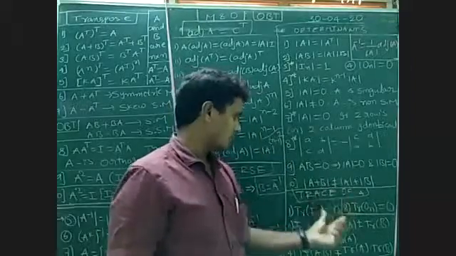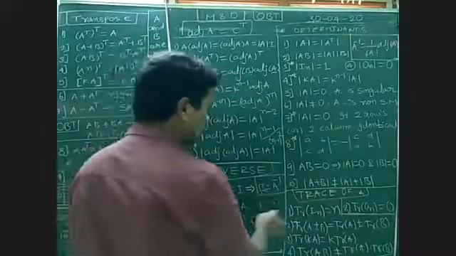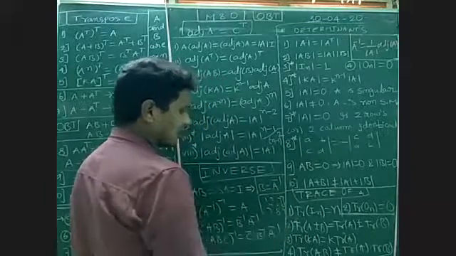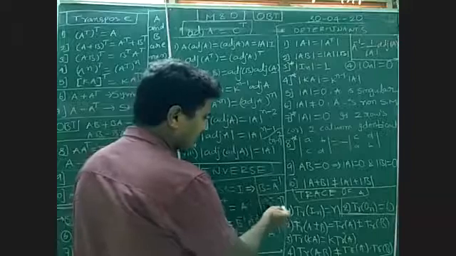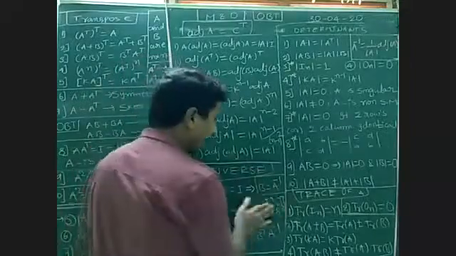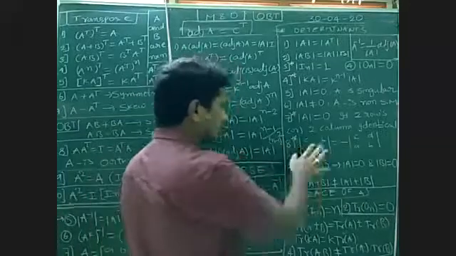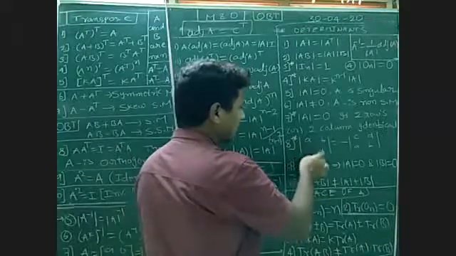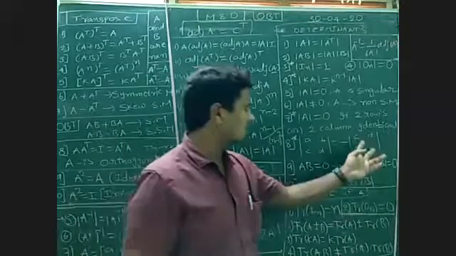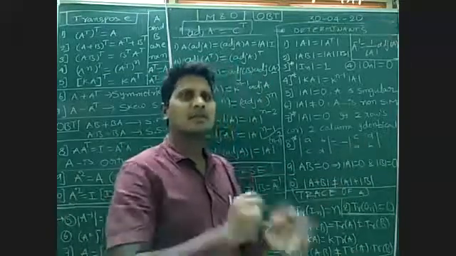Coming to trace of A. We already know what the trace of A is. For example, 1, 2, 3, 4, 5, 6, 7, 8, 9 will be there. Trace is nothing but the sum of diagonals, adding only the diagonal elements. For example, this is the given matrix. Observe it. What is the trace here? A plus D. That's it. This is the trace of the given matrix. What is the trace of the given matrix here? C plus D. Trace is nothing but the sum of the diagonal.